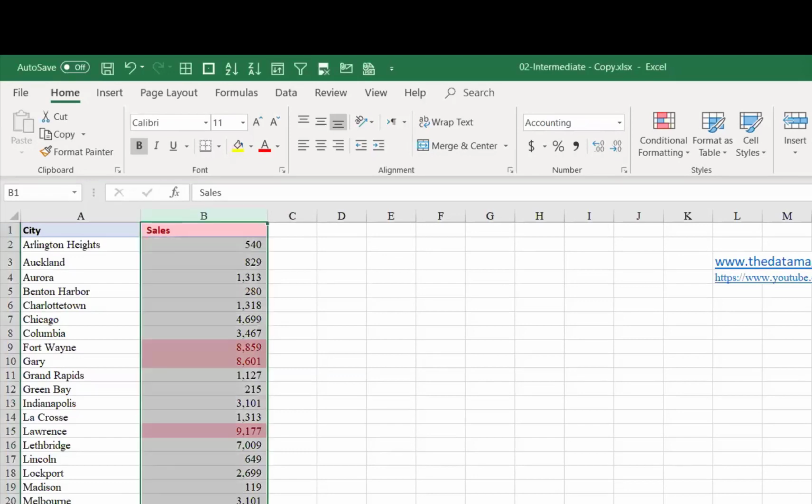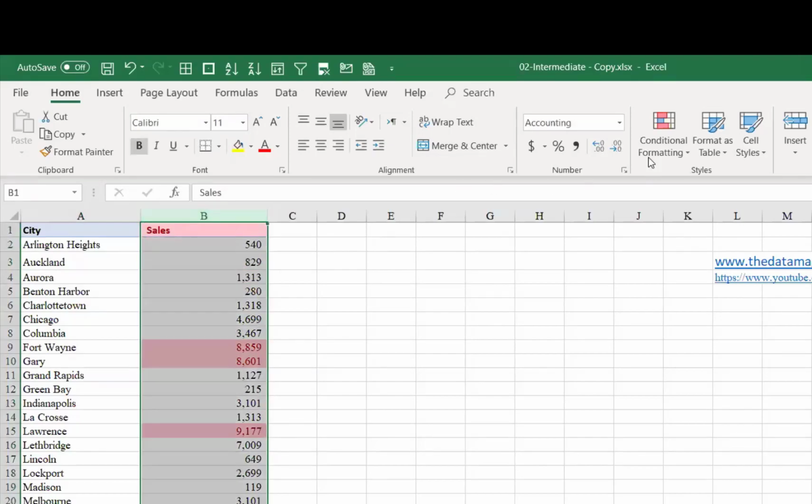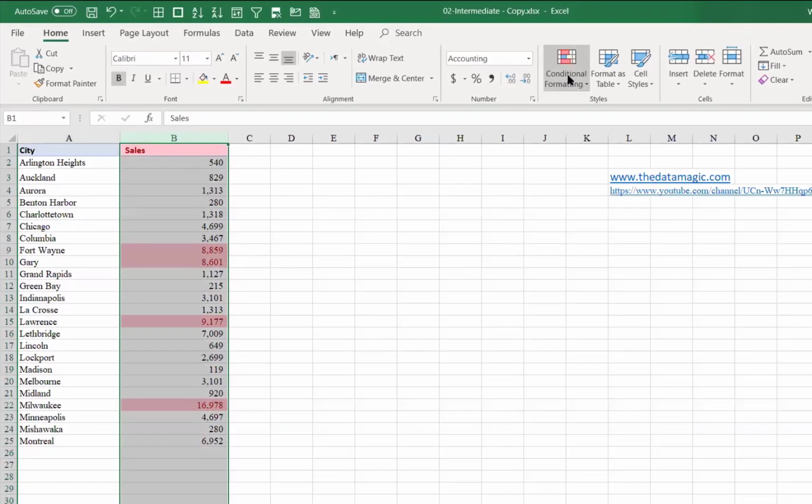Okay. So we'll look at the conditional formatting. Say this is the city sales, I mean sales by city. Each city, how much the sales is, is shown here. If I want to highlight the higher sales cities, you can go here, go to conditional formatting, and say